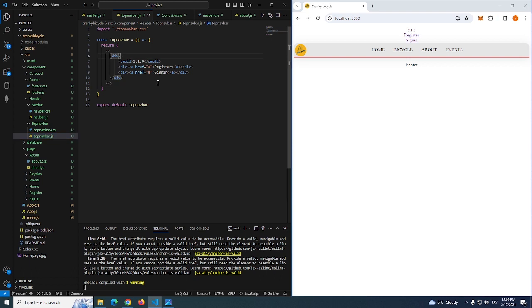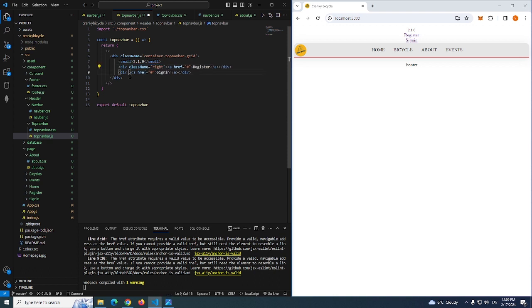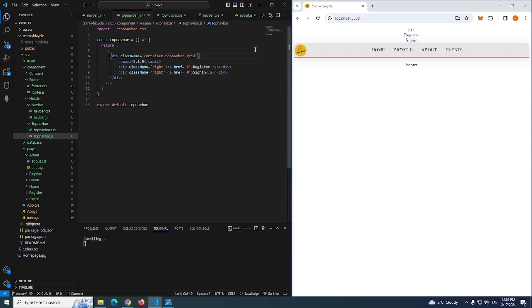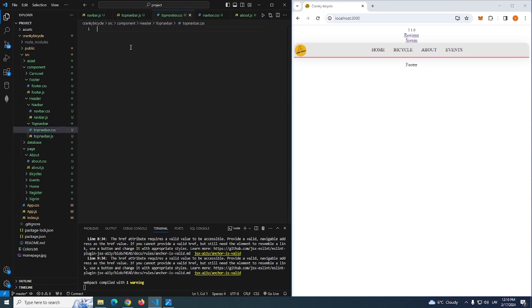Okay, I will add some classes in here. This will be container top navbar grid, and then I will have this class for now, right, and I will also add the same class in here. I will save this one, and for now let's add style in here, container top navbar grid,